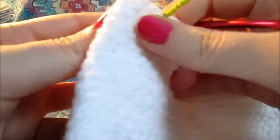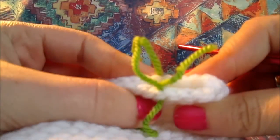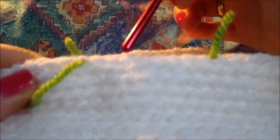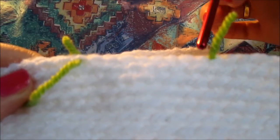Now you're going to turn the hat and you're going to count another 5. So that's 1, 2, 3, 4, 5. So basically you need 10 stitches, and within these 10 stitches we're going to crochet a 1/2 double crochet. So as you see, I'm counting them again: 9, 10. Those are your 10 stitches,